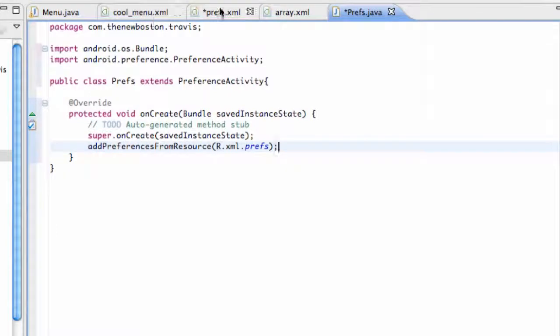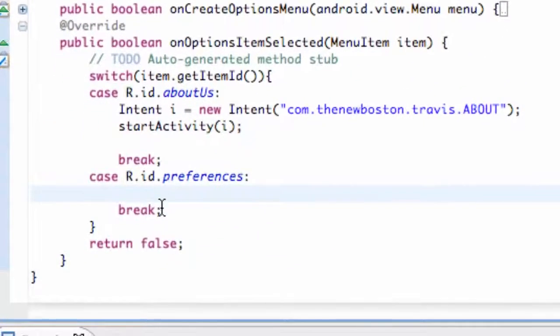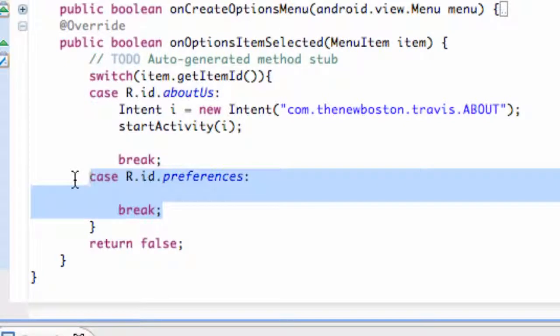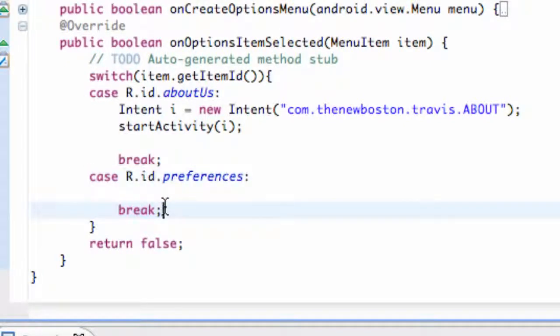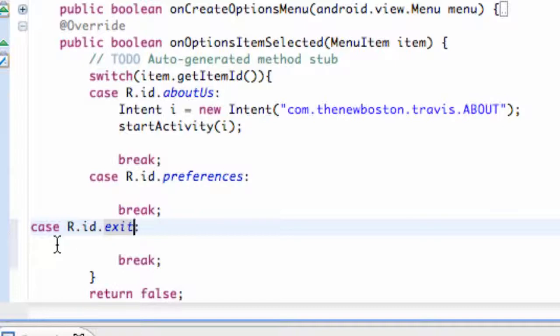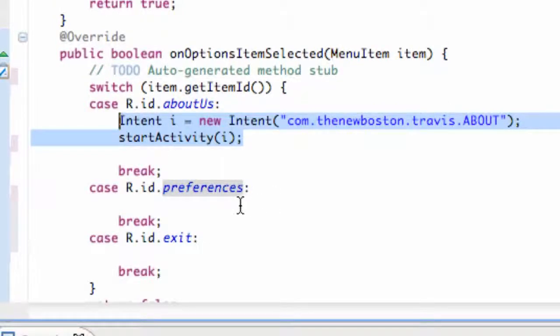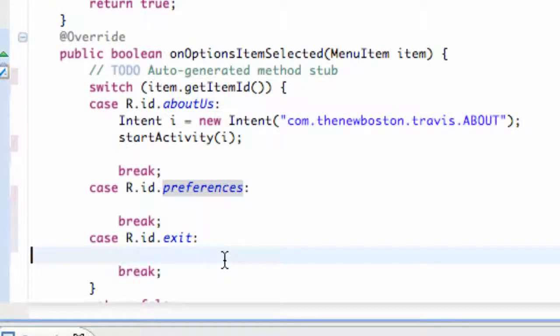So what we're going to do is go back into our menu class where we set up our menu inflator and our menu options, and we have this one if the preferences was clicked. I'm also going to copy this real quickly, paste it, since I added that other item, I'm sorry, which was called exit. So there we go, Control Shift format, and now what we're going to do is set up a new intent that's going to open our preferences and also our exit, which is going to just finish